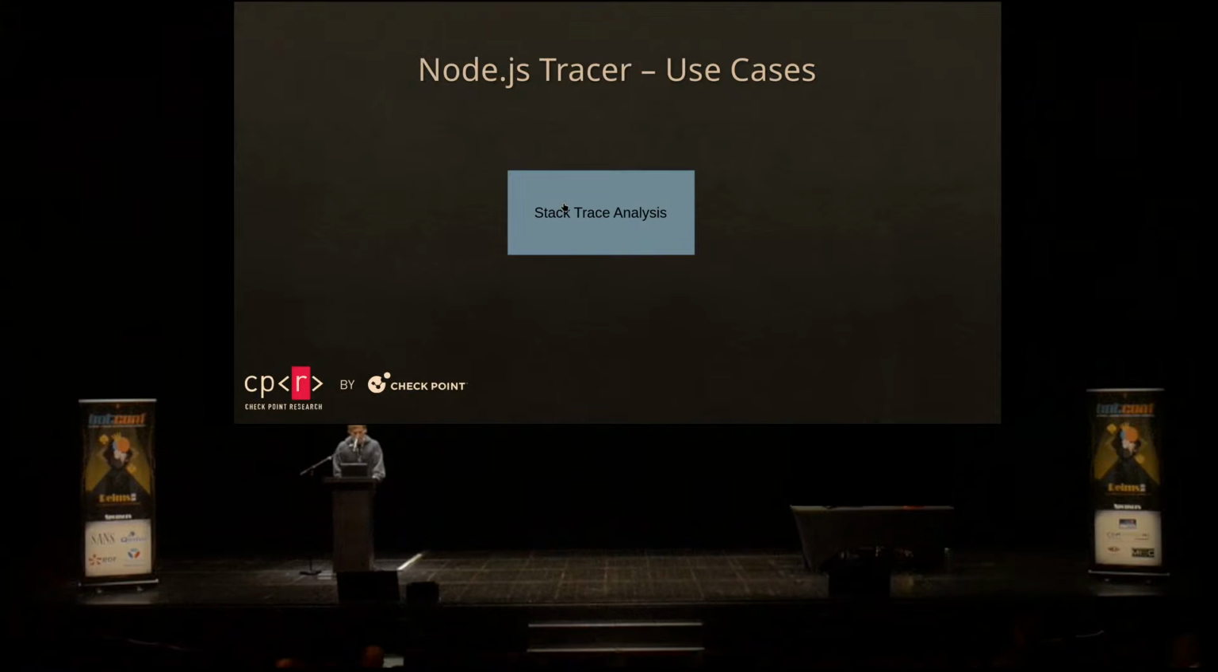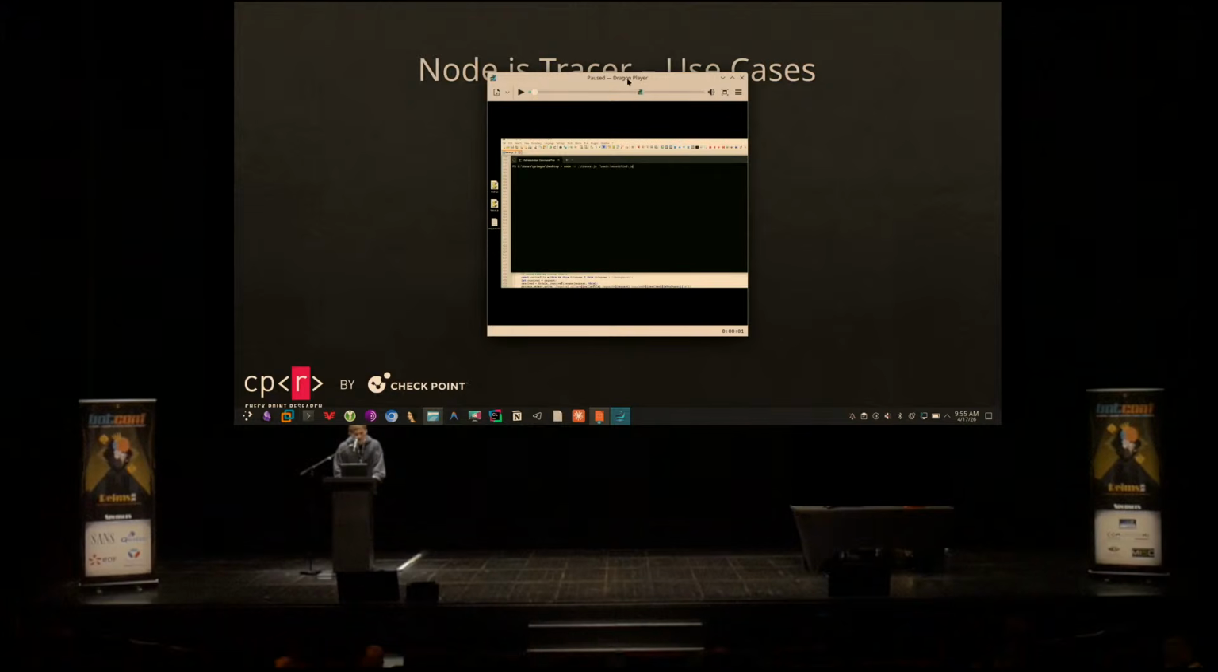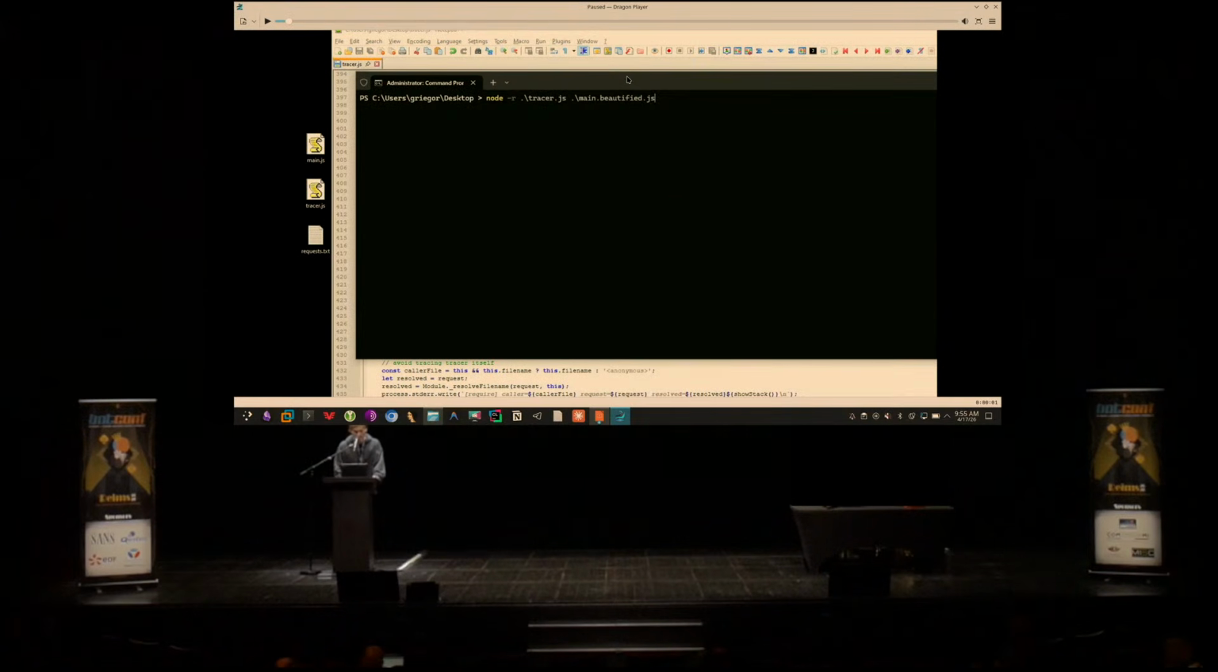And the last thing I want to show is the stack trace analysis. So this goes a bit more into actual reverse engineering, if you want to use tracing as a tool in combination with your static analysis. For this case, I just took the same script and I beautified it. I didn't deobfuscate it, I just beautified it so that it's not all on one line, but has line breaks whenever appropriate, because otherwise the stack trace wouldn't have a meaning because everything would be originating from line 1, right? So yeah, and then I just run the tracer with